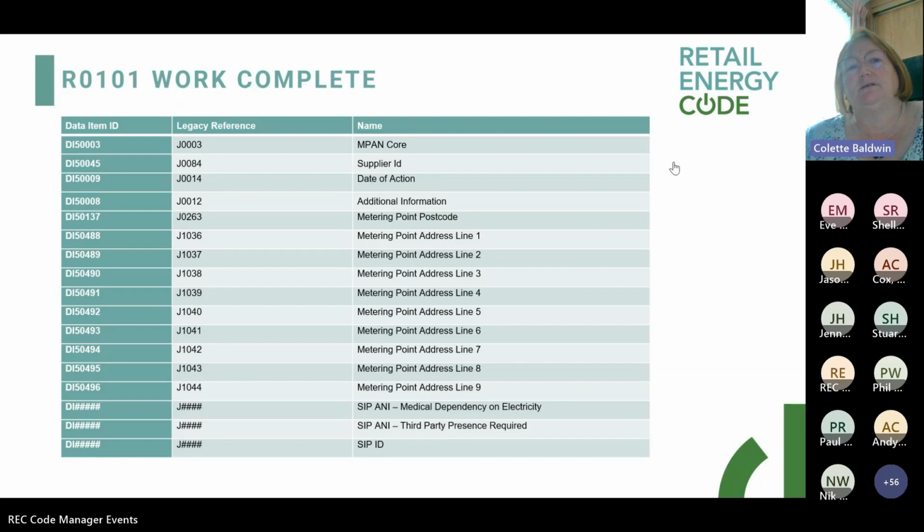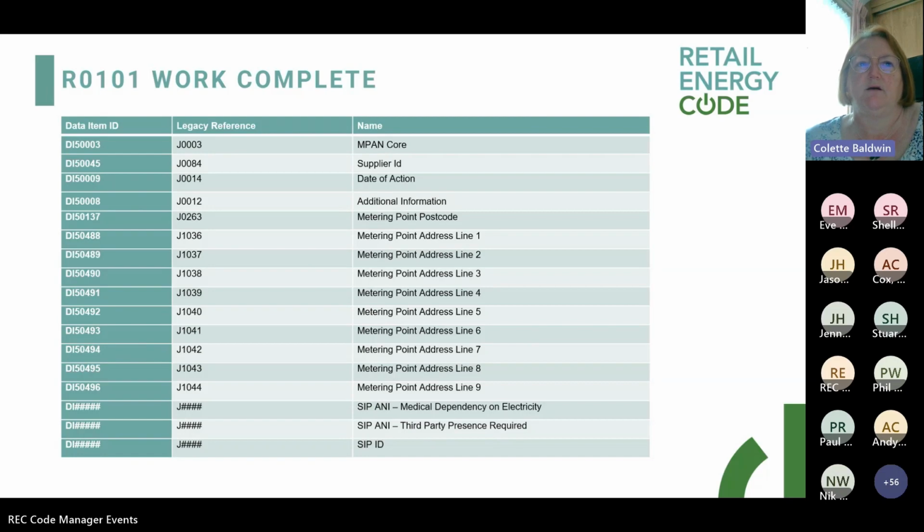We want to give that information to the suppliers, but we're concerned that this would end up being a refresh of PSR data, which had onward consequences of additional updates that would be needed. And we felt there was a risk that this may overwrite information that wasn't intended to be overwritten. So we've gone away from using the J item that referred to the PSR code, and we've introduced these two new SIP specific codes that are the only two vulnerabilities that the SIP will send through to the supplier, and they won't send them as PSR codes because we don't want them to be updated to the PSR register. We want the supplier to take note of them and then act on the information and verify the information before